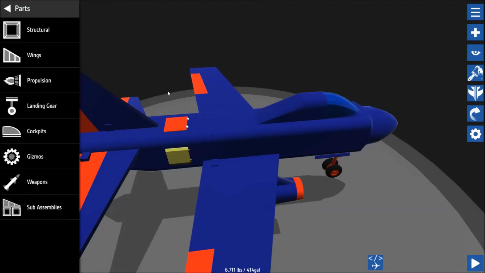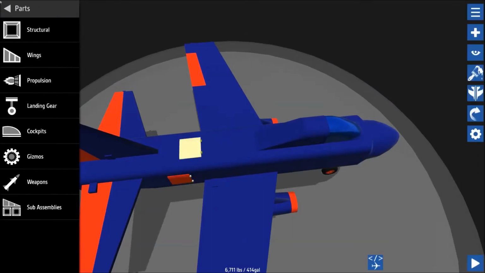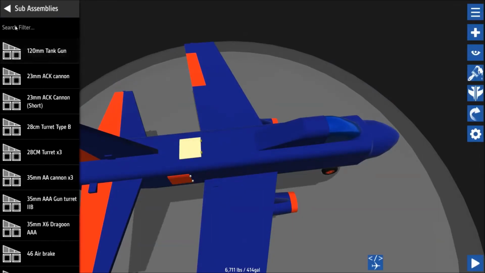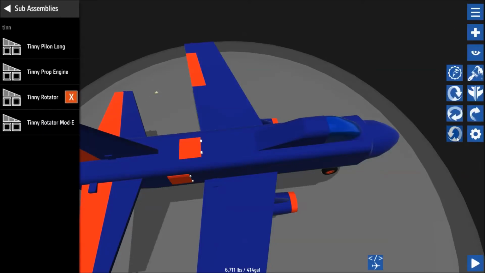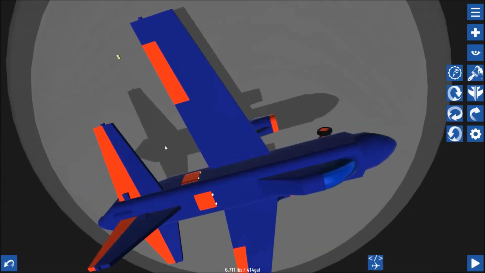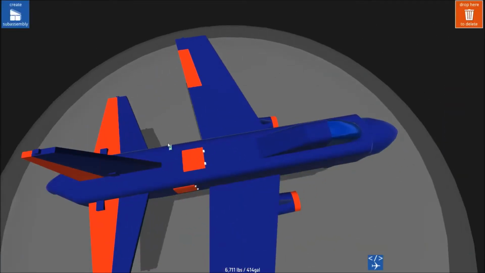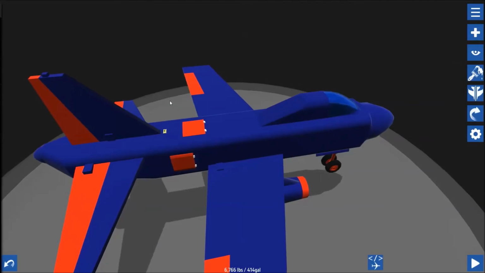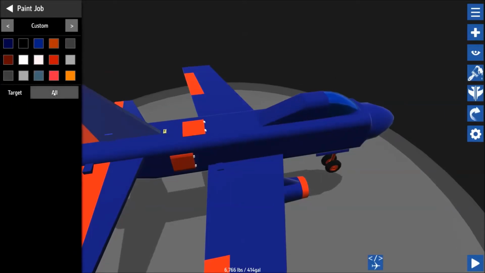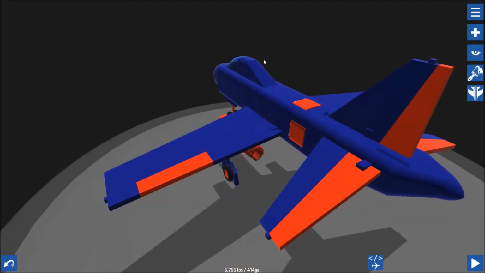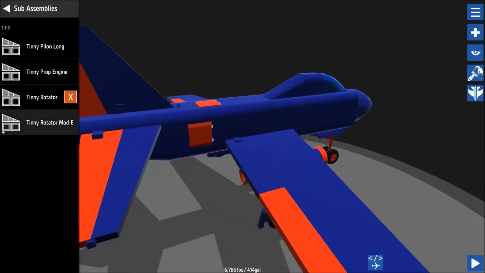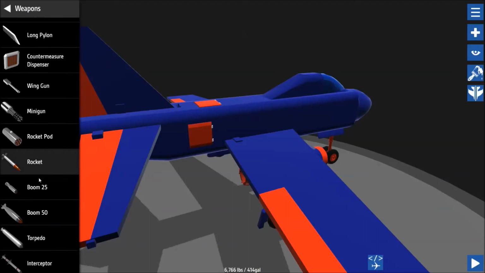And another, whether you're flying a combat plane or an ordinary racing or other civilian plane, oh, I don't have that yet. Ah, yes. A little custom part I like to use that I made is the tiny rotator. Well, what is it for? Well, generally the rotator is used to rotate parts, or as I like to use it on some of my designs, not this one, but in my other designs, to help